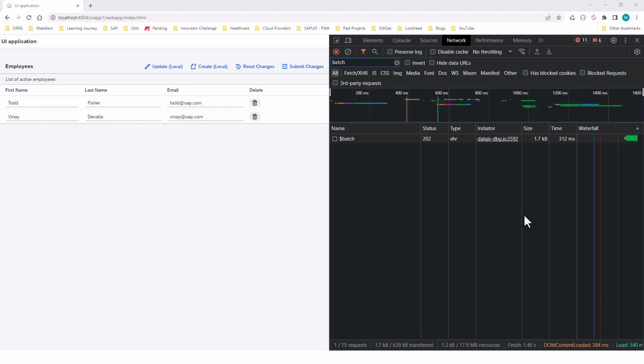Hello everyone. In the previous video, we looked at how we can gain fine control over the batch operations. We put all the insert statements into separate change sets within the same batch operation, and we were able to submit the batch operation to the backend. So in this video, we will look at how we can gain some control over what gets sent to the